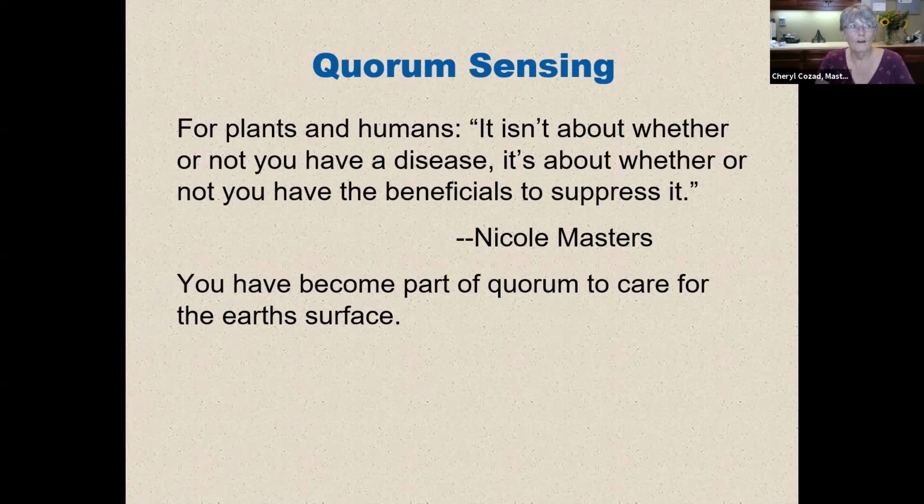This is a way that bacteria communicate with each other by chemical signals and enzymes and maybe electrical signals. We've got a whole bunch of ways that they communicate with each other. And when they're trucking along, just living all together, kind of controlled by the other guys, and then something changes and the environment is conducive to them replicating, reproducing. And they do this and send out the signals and gather themselves up. And then at some point, there is a critical mass. It's like a sudden different thing that happens, a critical mass where they manifest this